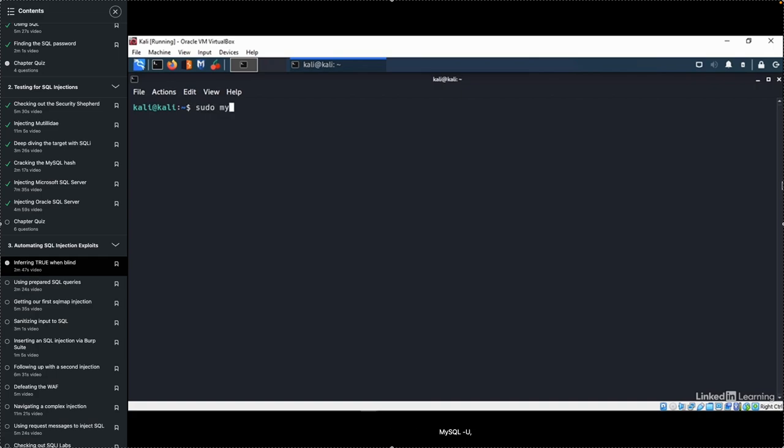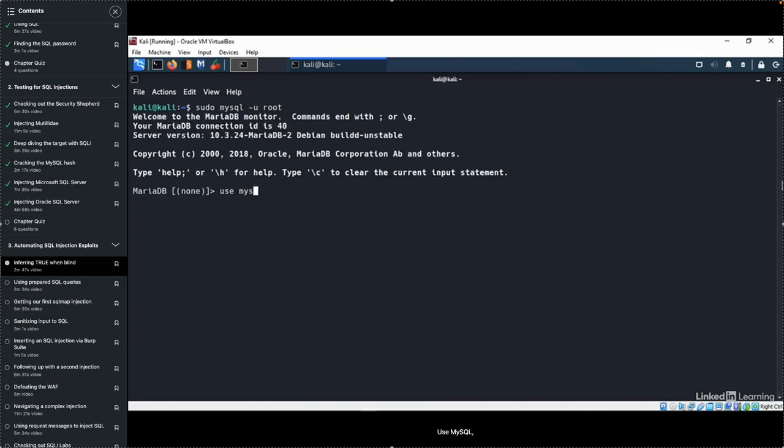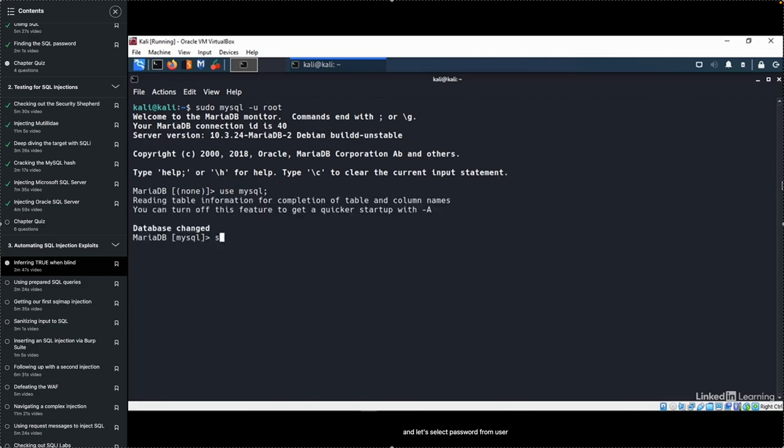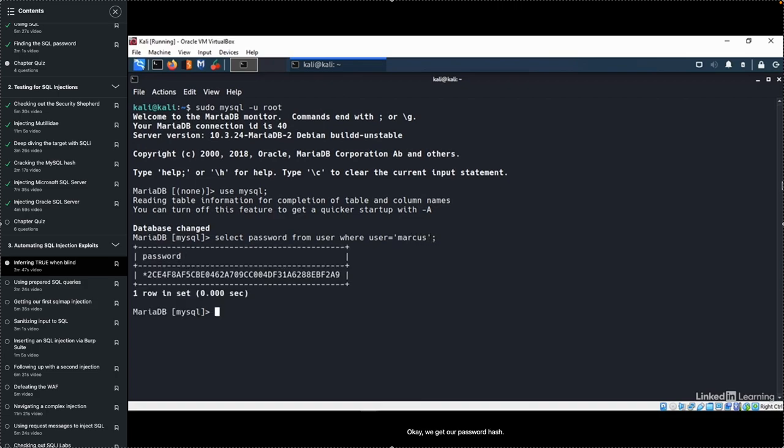Sudo mysql -u root. Use mysql, and let's select password from user where user equals 'Marcus'. Okay, we get our password hash, but let's assume that we have a form asking for a name and